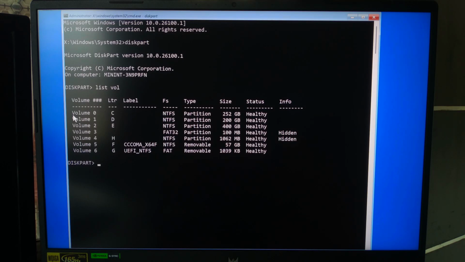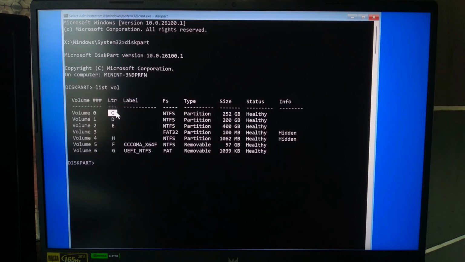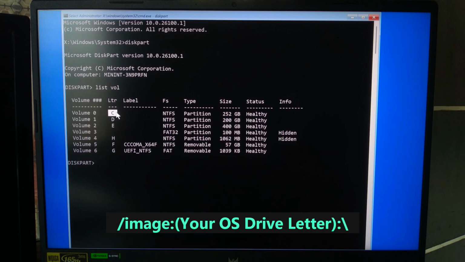Note, when you are in the Windows recovery environment, the drive letters are often different from what you normally see when Windows is running. Inside Windows, your system drive is almost always C, but in WinRE, Windows assigns drive letters dynamically. The recovery environment itself might take C, and your actual Windows installation could show up as D, E, or another drive letter. That's why you must note the correct drive letter, because every DISM command will reference that path with /image: your system drive letter: